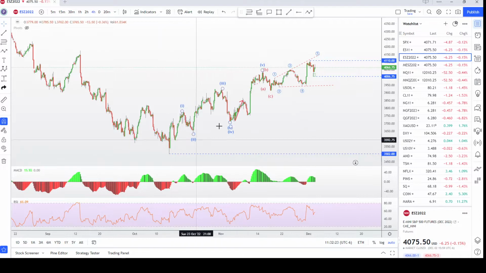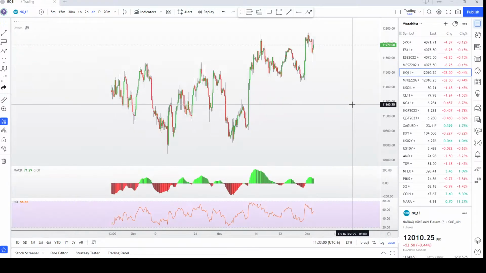I'm leaning towards that this is still corrective for this whole move down. So this is an ABC. It could become way more complex. This can just be a W, and then they come down for the X and go up for a Y. But I still think this is all corrective. So this will be at least one. This could be all the correction when they break this top, or it could just be one part of the correction. But we'll have time to figure that out when this top is taken out.